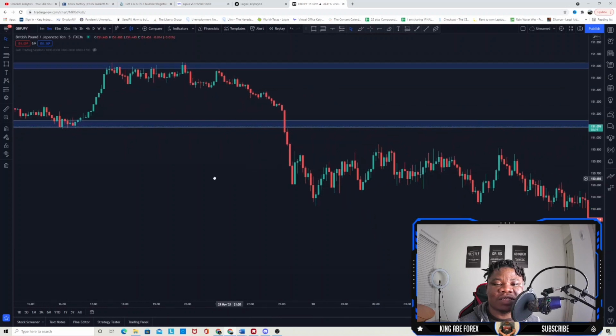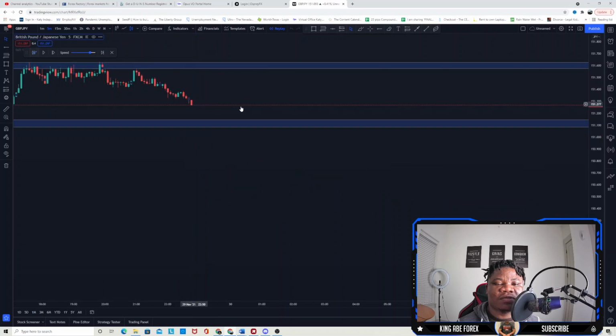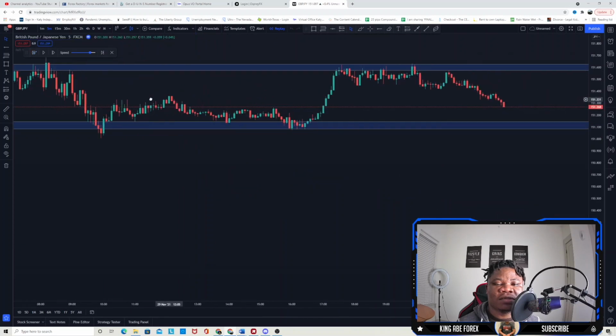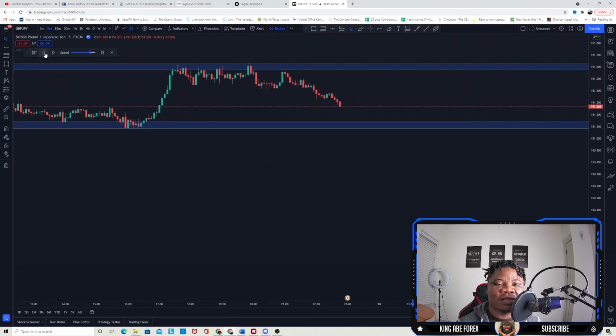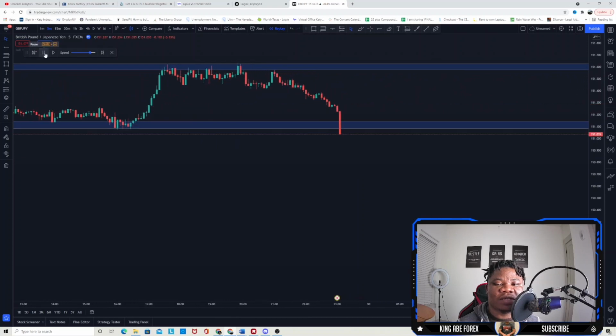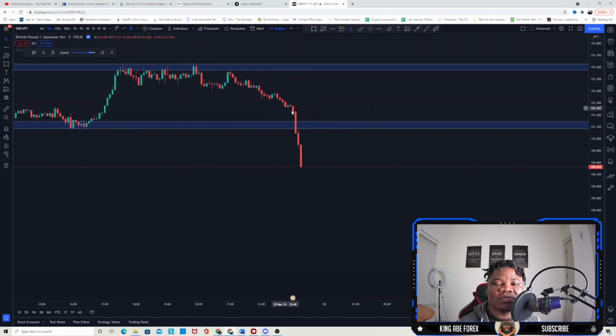Now I'm going to put this in replay mode, and let me show you guys where your entry would have been for this sell position. So we'll start from right over here. Let's see where our entry would have been. What we're waiting for now is we need price to break our most recent low. Now once we have that break and close below our previous low, which is also our support zone,